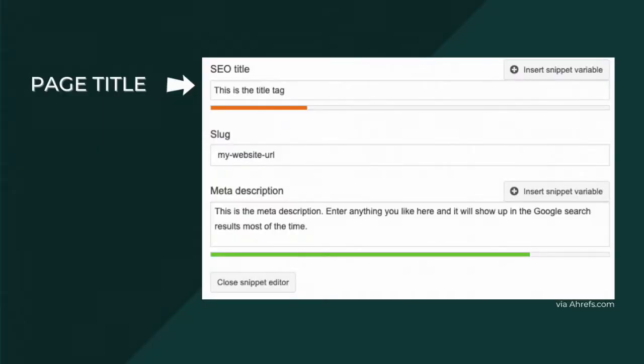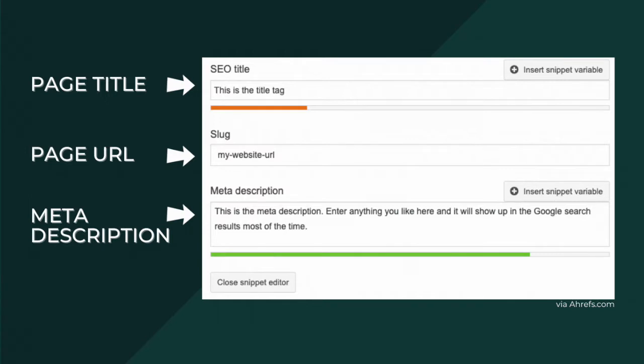Basically, you want to have fields in your CMS where you can customize at least 3 specific things. Your page title, which is the name of the page as it appears in Google search results. Your page URL or slug, which is the extra bit that comes after your domain. And your meta description, which is a short description of the page that only appears on the Google search results page.